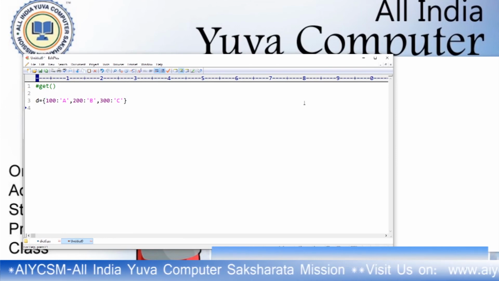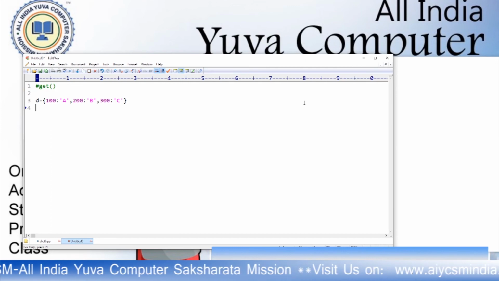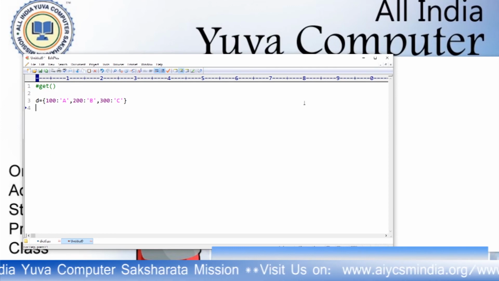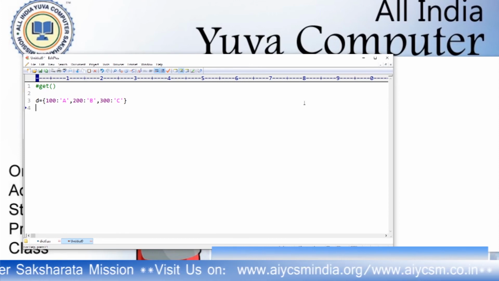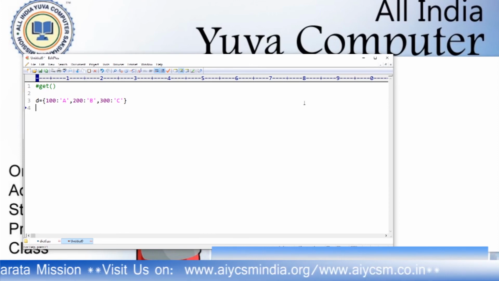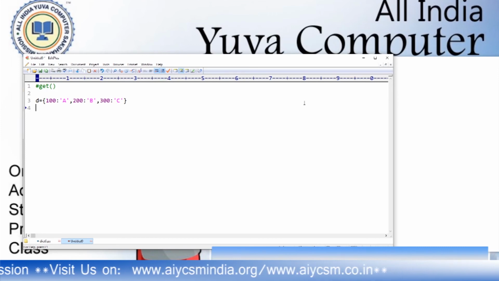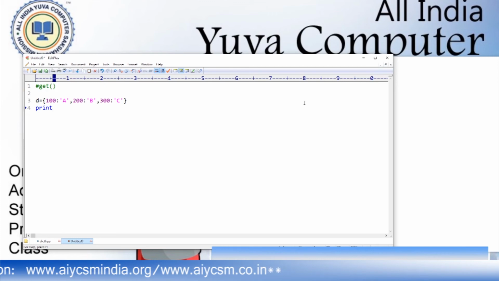Now if I want to print the value with the help of the get function, how can you print that? If you want to print, you can use the index 100, you will find the value against this.